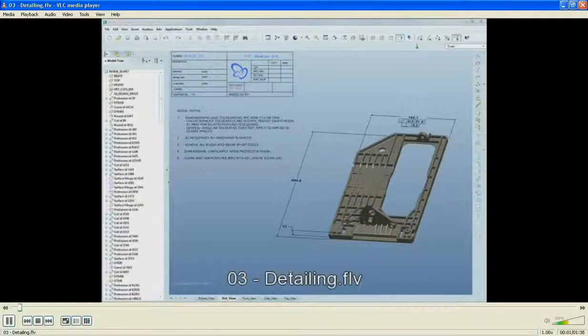The details within ProEngineer 5 are also vastly increased. You can now switch